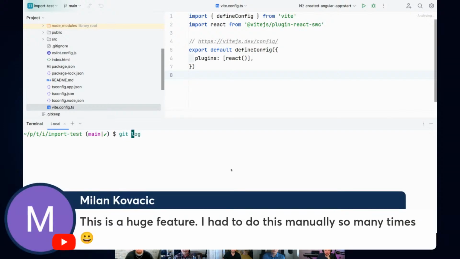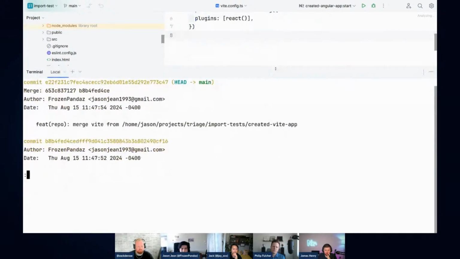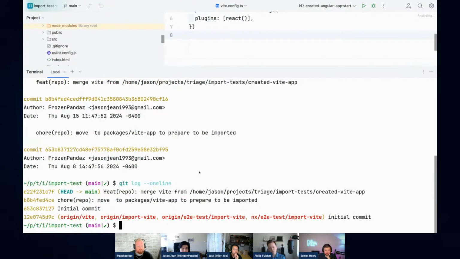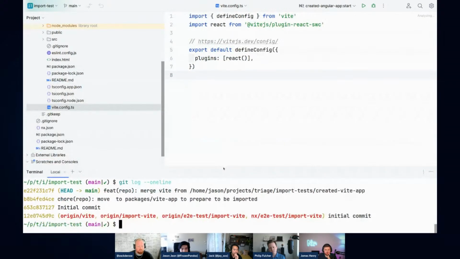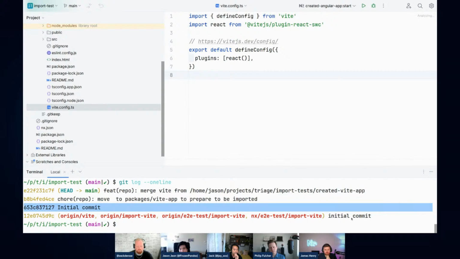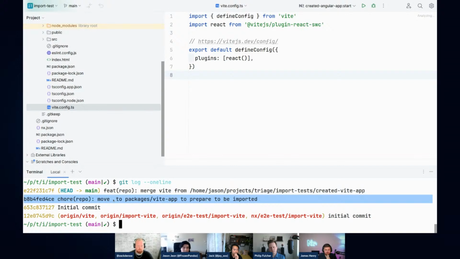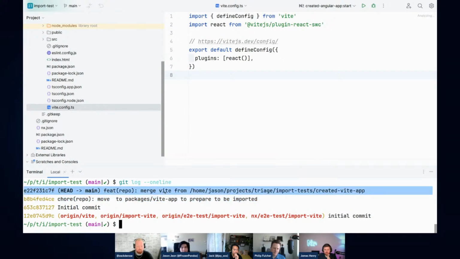The last thing I'll show is that the Git log is there. So there's a few commits. That's a lot of information, so I'll do one line there. Focus it down. So I have this initial commit. We saw that this is from this repo because it has a capital I. This is from the imported repo. And it did a few commits on its own, like moving everything from the other repo into where it's going to end up in here. And then finally, it has a merge commit into this repo.